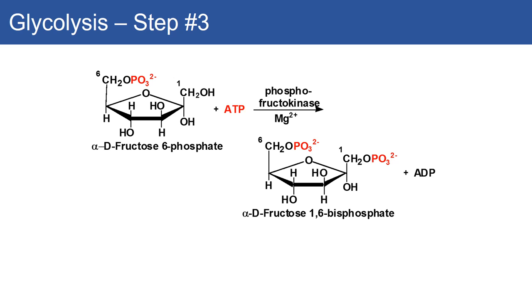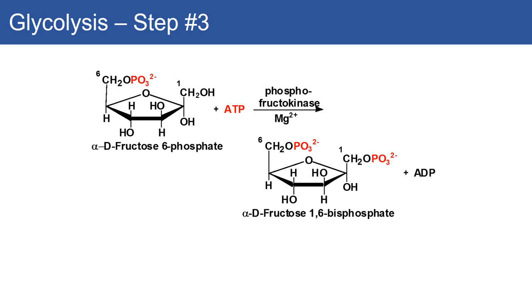Glycolysis step 3. We take what we just did, the fructose 6-phosphate. We're going to add another energy source in here, ATP. So this is the second step. You need to know that in step 3 we're going to be using an ATP. In step 1 we use an ATP. In step 2 we do an ATP. This is where